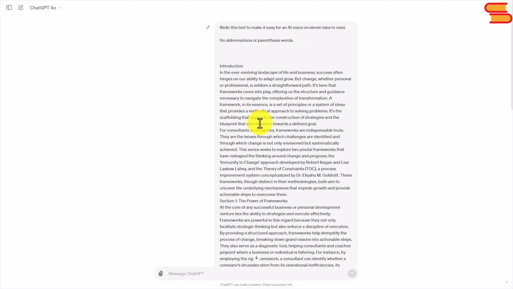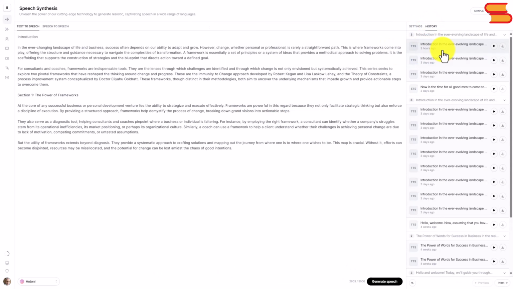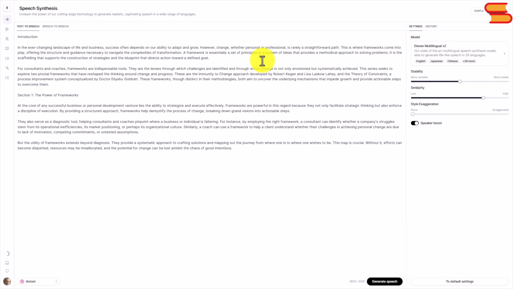And then ChatGPT will give us back its version of the script according to what we have asked it to do. And we don't have to worry about our past iterations. All of our past iterations are in the history area. That means then we can go back to our settings and then we can generate speech with the new script